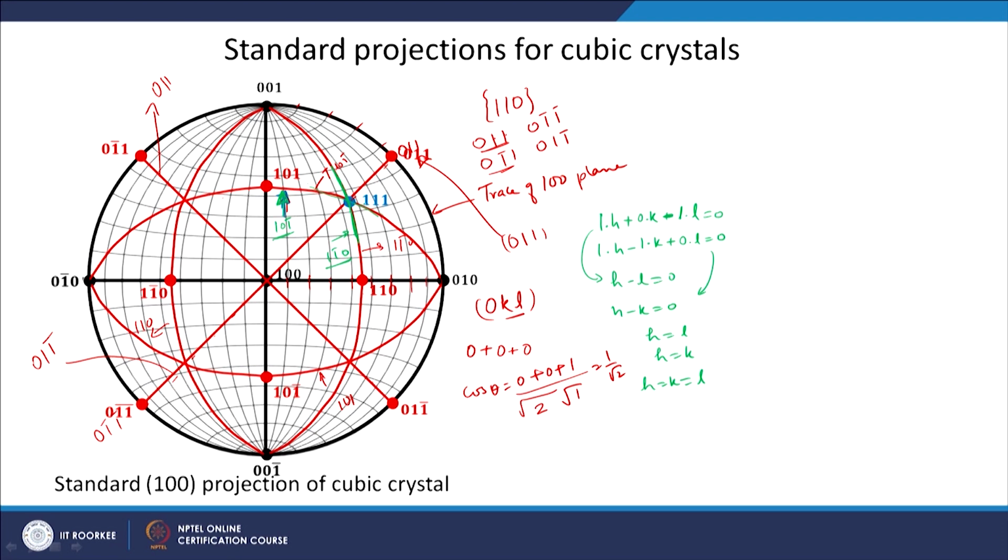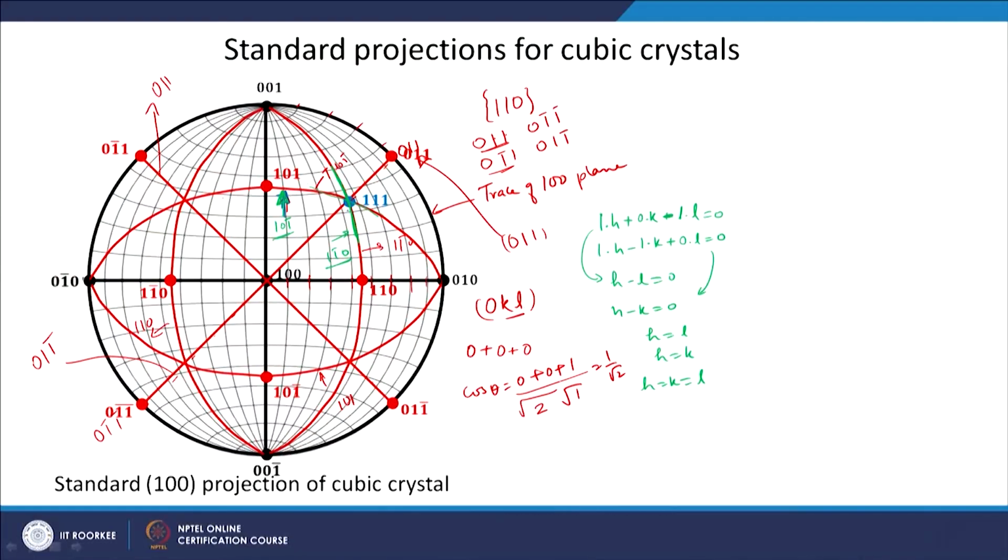Okay. So, this should be a sum of some type of 1 1 1, 2 2 2, 3 3 3 type of plane. Since it is, we can also do this vector addition and find out that this actually is a 1 1 1 plane. And you can also ensure that this is a 1 1 1 plane, because this is also falling on this particular trace.